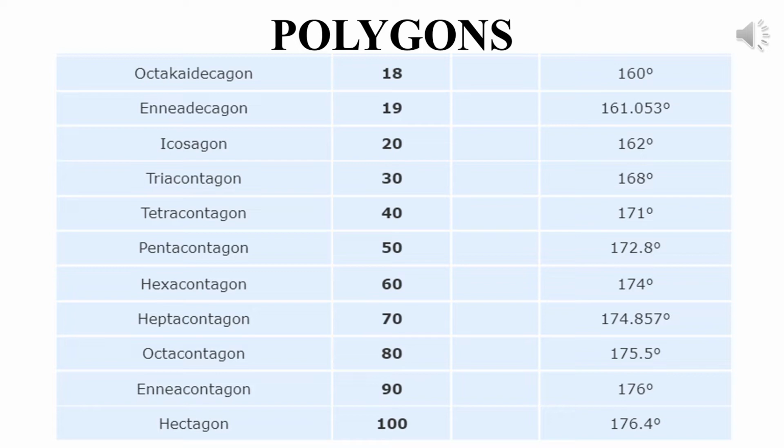Interior angle is 175.5 degrees. Enneacontagon has 90 sides. Interior angle is 176 degrees. Hectagon has 100 sides. Interior angle is